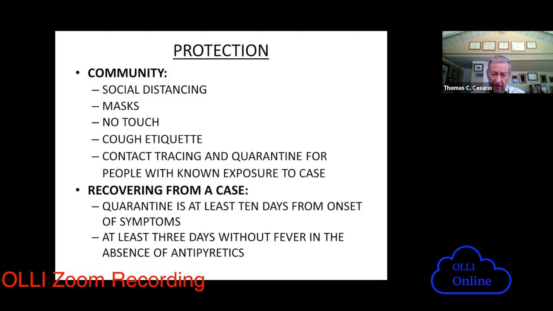There is plenty of data, and I'm going to show you this next slide here to give you an example, that tells us that masks are effective in reducing the amount of virus that you breathe in. And I tell people, look, even if you haven't read this literature on how effective masks are, there is a very important tool that you have that will explain that masks are important. That tool is between your 2 ears. And between your 2 ears, you can reasonably rationalize that it is important to cover your respiratory surfaces to block those organisms from entering into your respiratory tract.